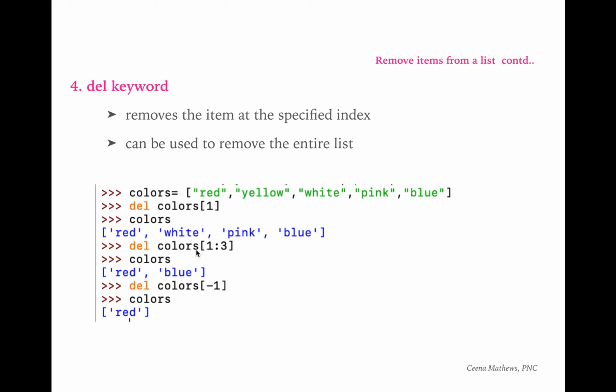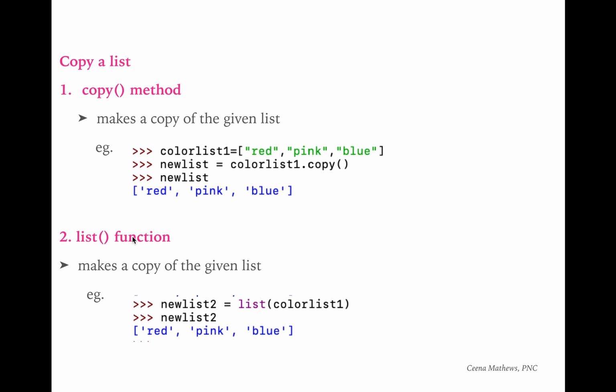There is del colors of 1 colon 3, that is, one here is yellow, sorry, according to this list it is white, and 2 is pink, 3 is blue. But as I said before, in a range of indexes, what you specify as the end index is not used for accessing items. In this case, for deleting purpose also, it does not consider the index given as the end index. So colors of 1 and colors of 2 will be removed, and not 3. And when you print the colors, you can see two colors only now, that is red and